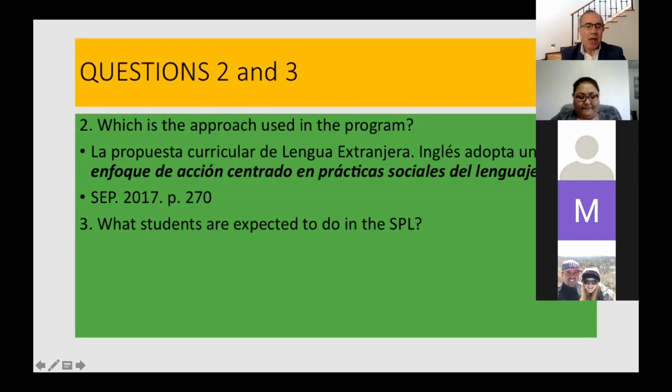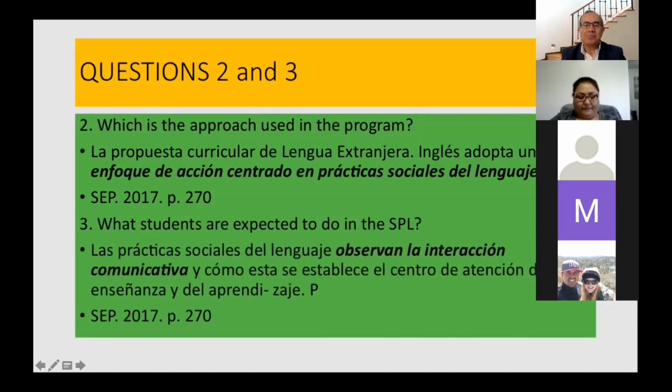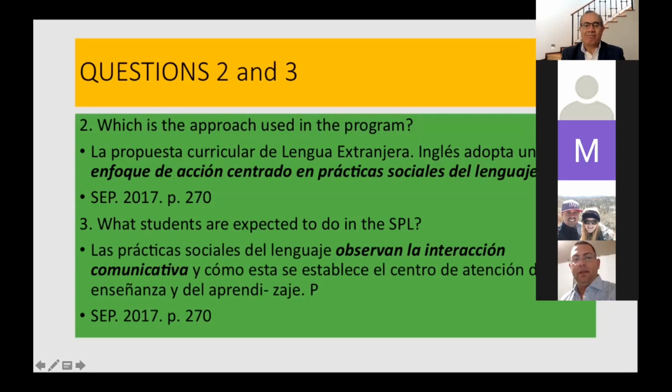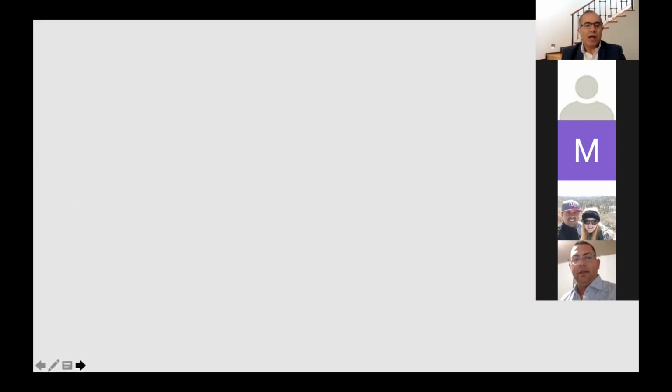What is the answer from the program? Here you go. That's the answer. Communicative interaction, right? So what is in the center is the learning. So how you put that, whatever part of the language, it means a word, a phrase, a chunk of the language, it's the center. It's not related to vocabulary. It's related to a context, as I'm sure you know how it happens.